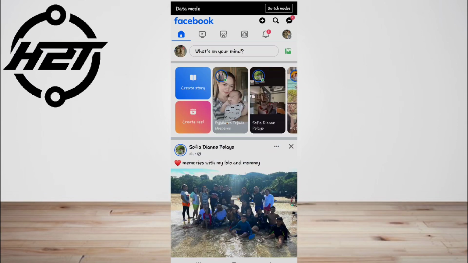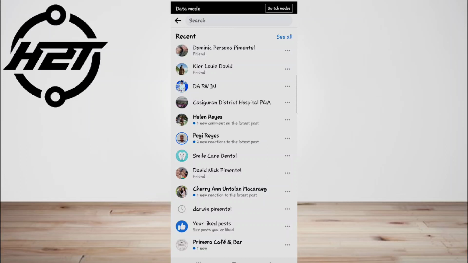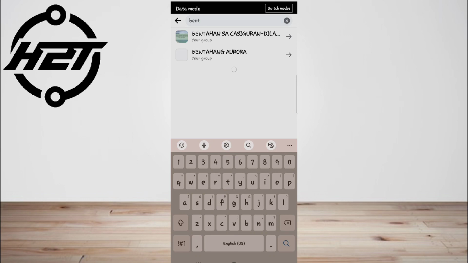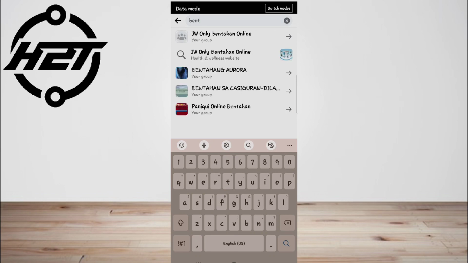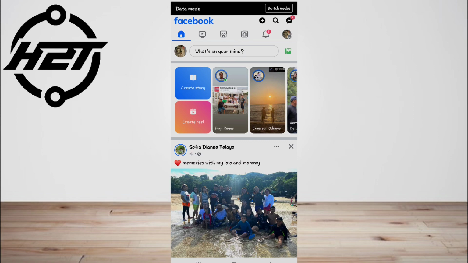Facebook groups have long served as virtual meeting places for individuals with shared interests, goals, or affiliations. These online communities can foster connections, facilitate discussions, and promote collaboration. However, there may come a time when you find it necessary to delete a Facebook group, whether it's due to a shift in priorities, a decline in activity, or simply the need to move on. Understanding the process of deleting a Facebook group is essential.